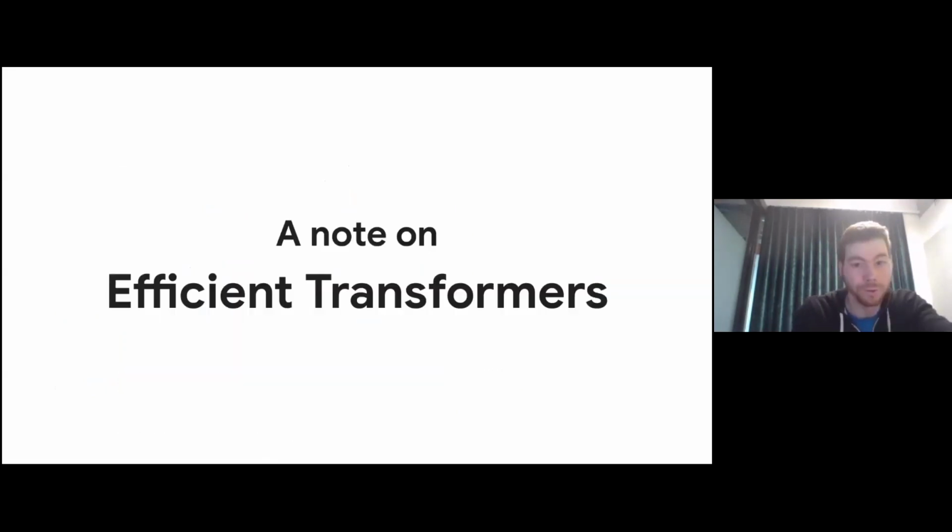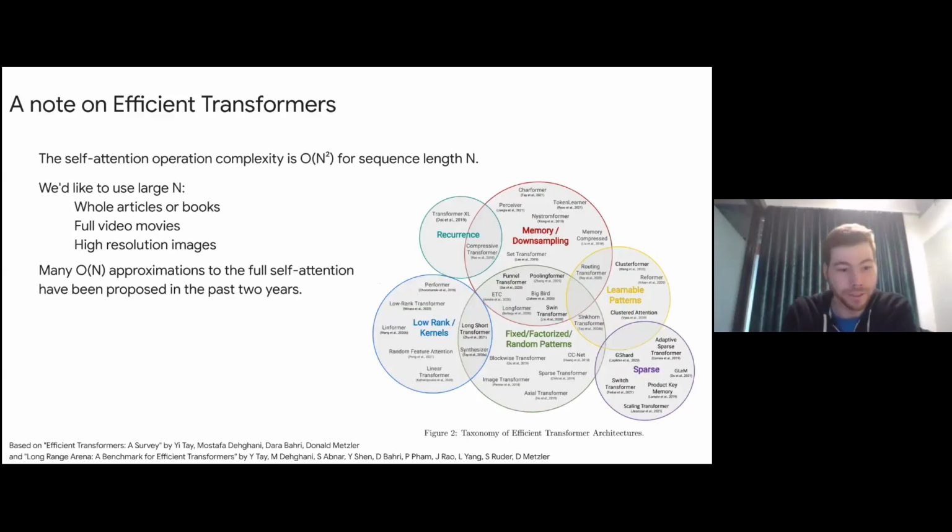And I want to quickly mention one important note about transformer efficiency. There is this very nice paper from some colleagues, Efficient Transformers: A Survey. There have been millions of alternatives to attention that try to tackle the fact that it becomes very expensive as the sequence lengths get very long. This paper summarizes them and the different ways they try to attempt this and so on and so forth. So this is really nice to get an overview.